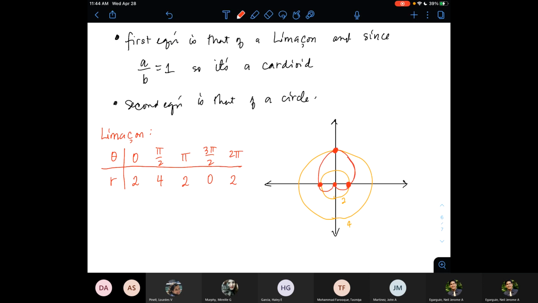So it's a heart-shaped graph, but make it more rounded. It's a rounded heart-shaped graph, so it will look like that. Okay. All right. And then the next one,